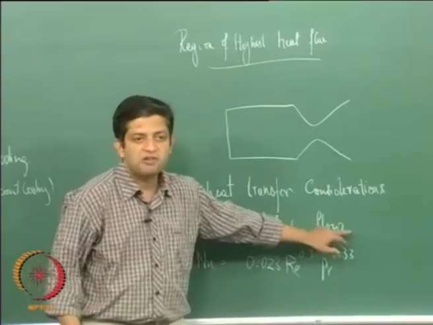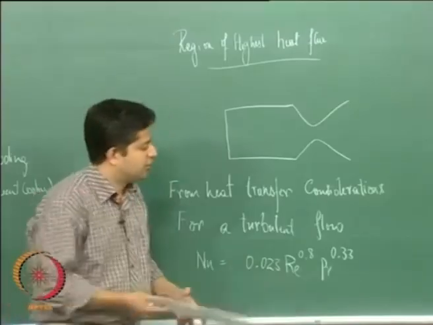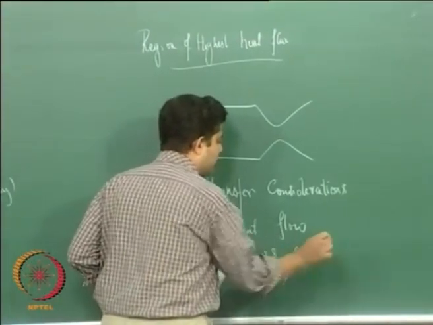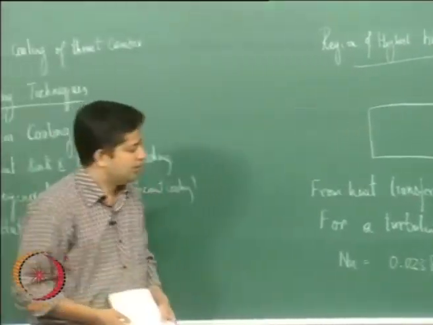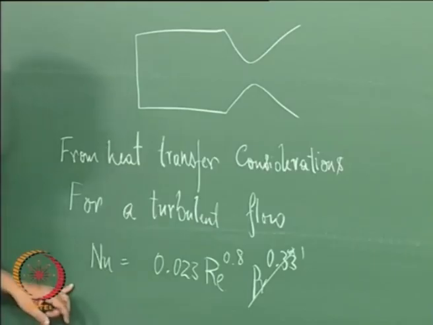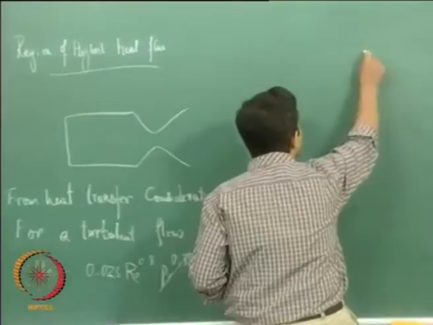If this is raised to a fractional power, it gets very close to 1, and we could neglect it. So if you write the Nusselt number in this fashion, then we can further simplify it, because we know Nusselt number is nothing but